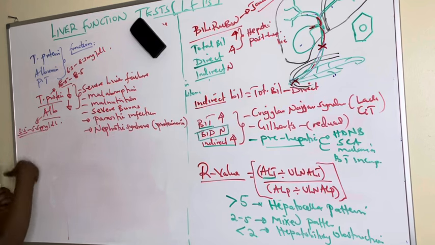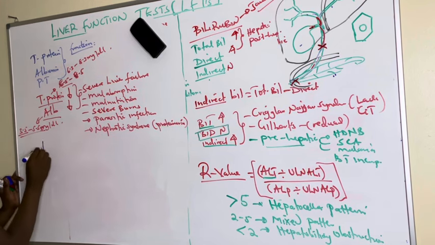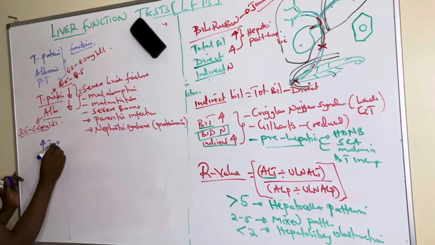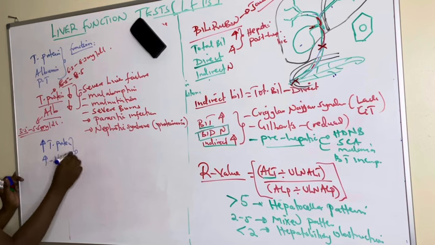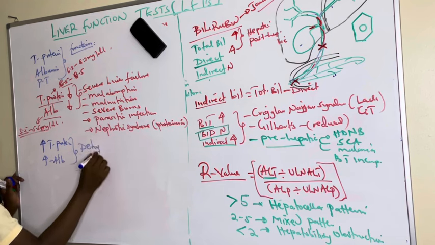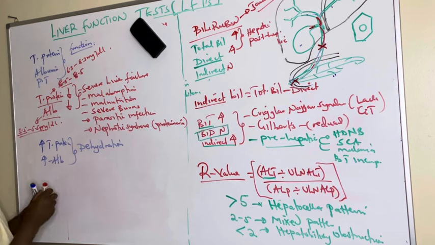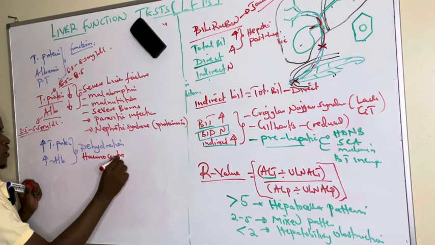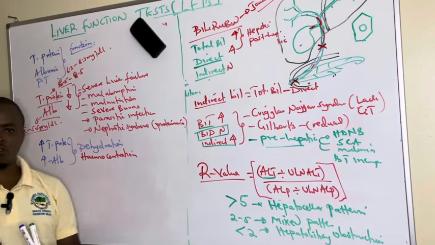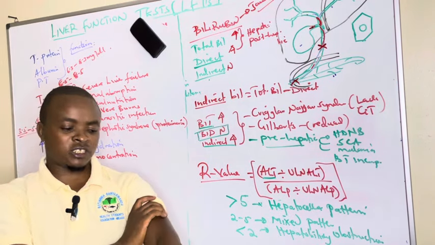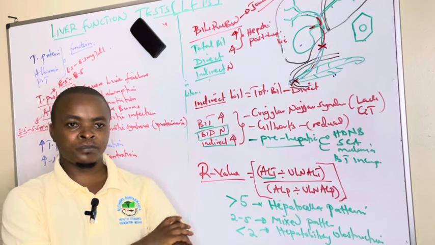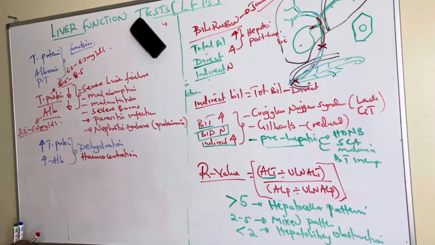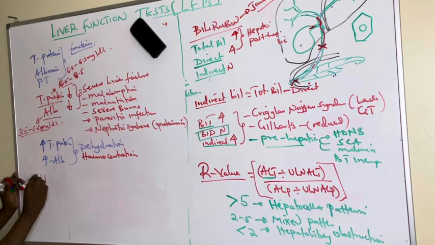And they are rarely elevated, whereby we find increased total protein and increased albumin. They are rarely seen. They can be seen majorly in dehydration, and sometimes hemoconcentration, when you over-tighten the tourniquet during venous blood collection, you can find them elevated. However, sometimes total protein alone